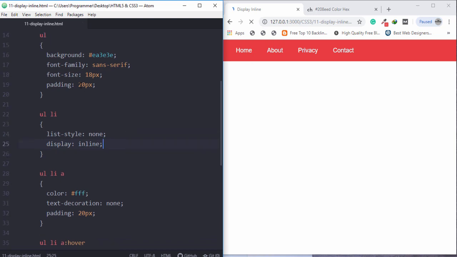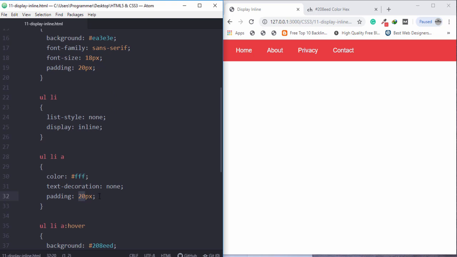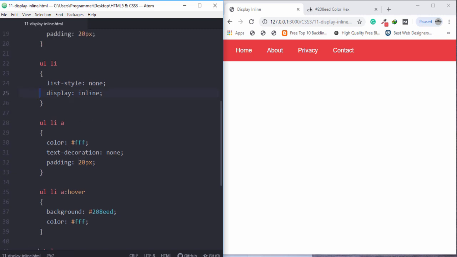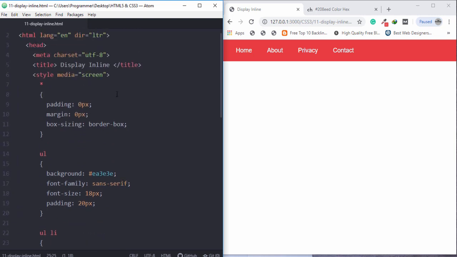just assign the same padding inside the UL properties, and the same padding you need to assign on the anchor link, right? Then you are able to see the menus or navigation bar has been created. This is a very simple and short knowledge all about using a display inline property, but I will use another way to understand the